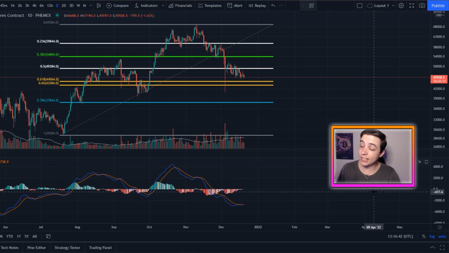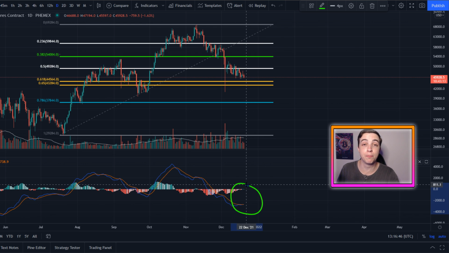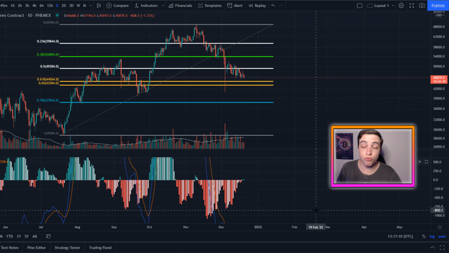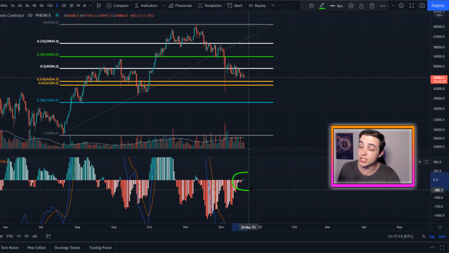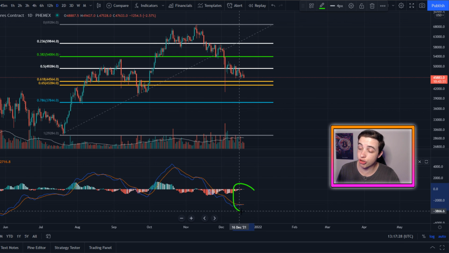And looking in the daily MACD, what we can see here is the fact that we are currently in the middle of a bullish cross in the daily MACD. If I zoom right into the MACD indicator, you can see that we have seen a daily candle close in the green, looking in the histogram right here. So technically that does act as one confirmation that we have seen the bullish cross in the daily MACD, but